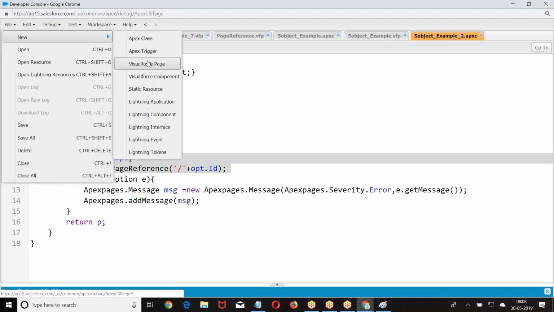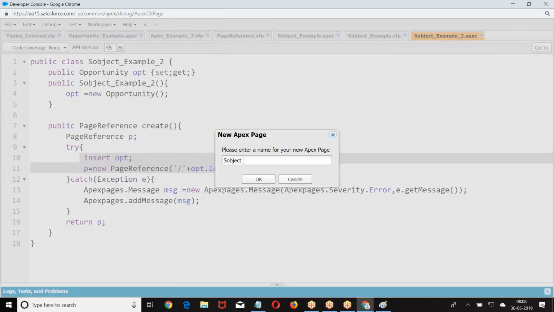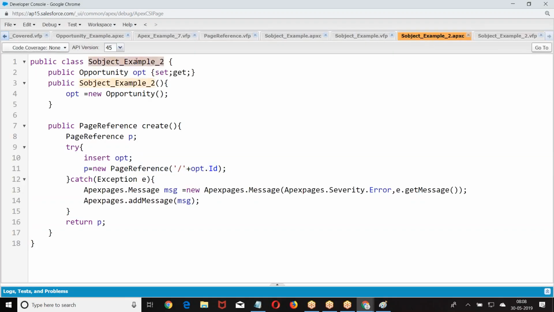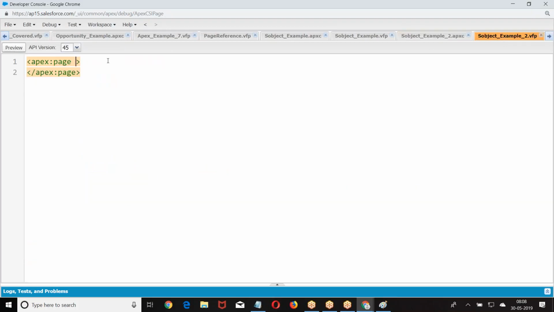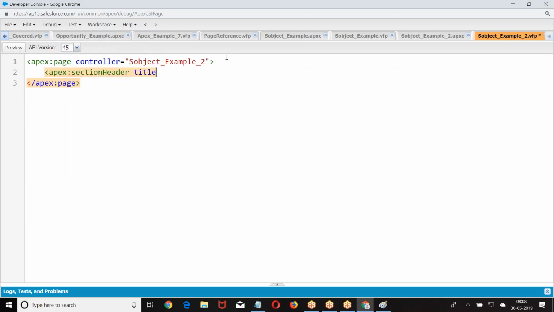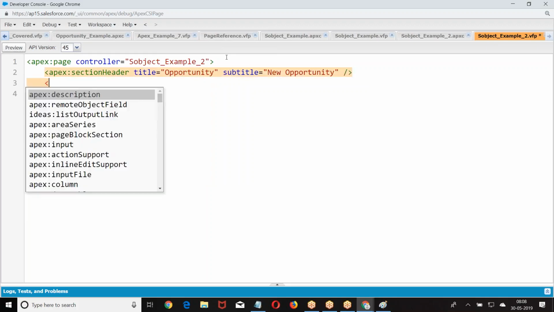Now we are going to Visual Force. Form. Opportunity, new opportunity.